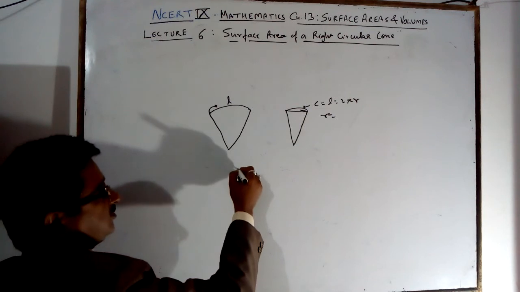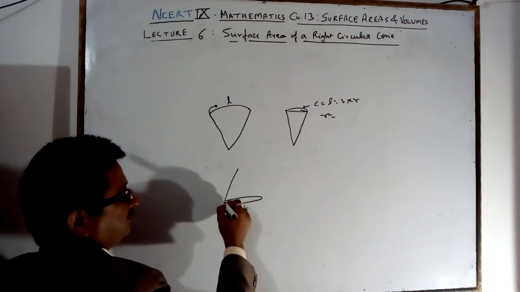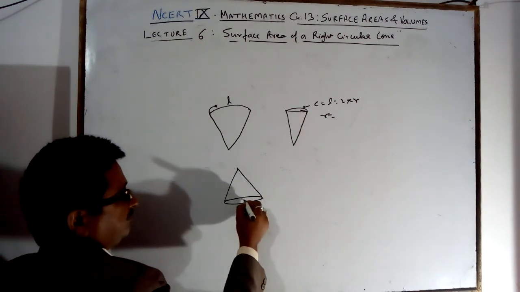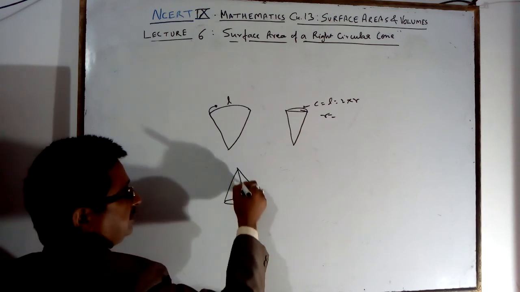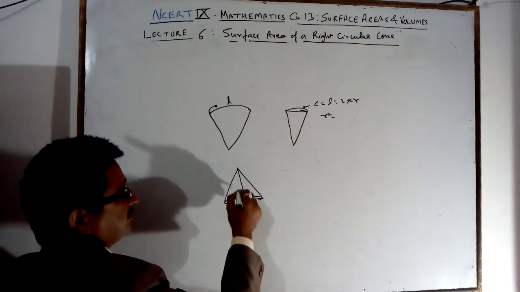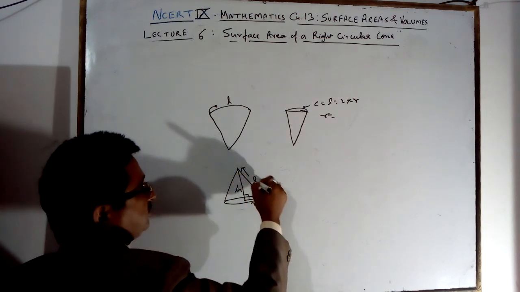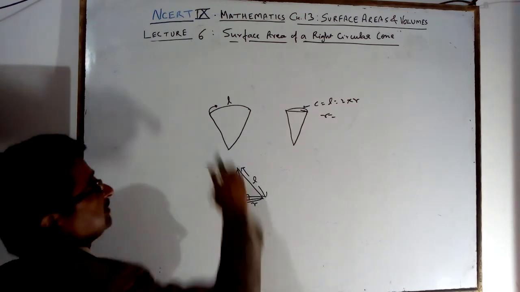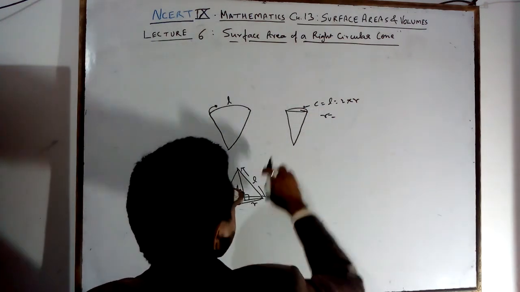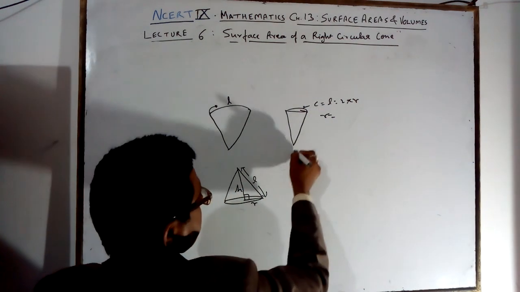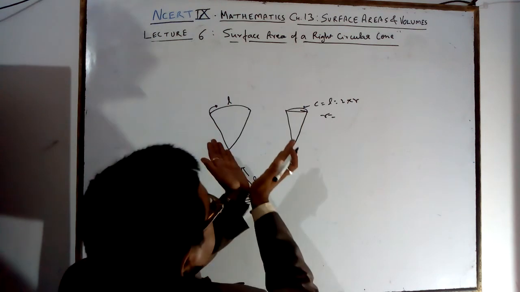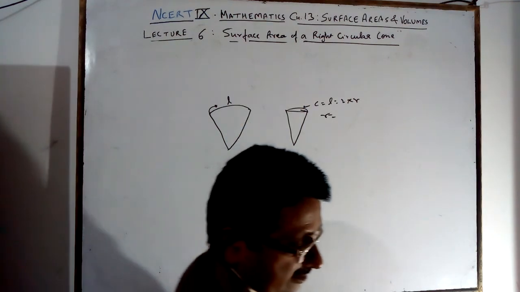It is an inverted cone. A cone has one base whose radius is r, and the cone has a vertical height, the exact height h, and the cone has one more height which is called the slant height. This is the length of the arc. This L is not this, it is your slant height. So the arc is folded like this and you are getting a cone.